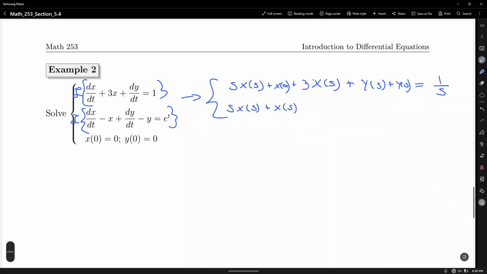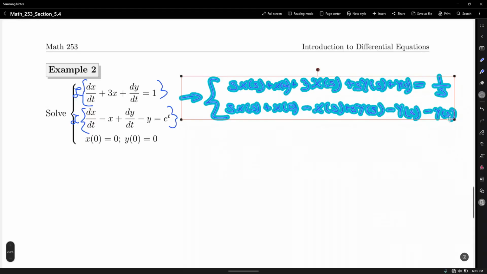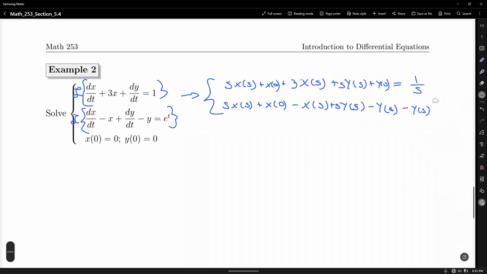plus the Laplace transform of minus x, which is minus x of s, all right? Plus the transform of the derivative of the y function, that is s y of s. Oh, shoot, this should have been s y of s, right? s y of s minus y of 0. Sorry about that, I corrected it. Minus another y of s, okay? And that equals